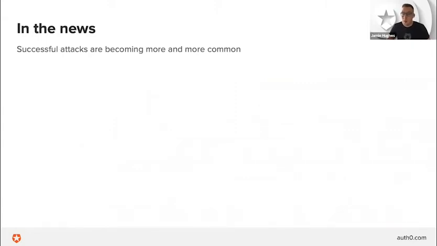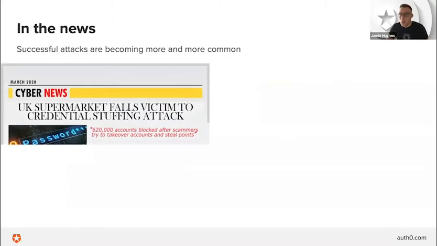As I said, it's very, very common at the moment. A UK supermarket had to suspend 620,000 of their loyalty scheme accounts after they confirmed that stolen password and email combinations were used to breach these accounts. The impact to the business was that they had to reimburse all of those customers who had their loyalty points drained from their account, reissue them with new loyalty accounts, and the users had to reset their